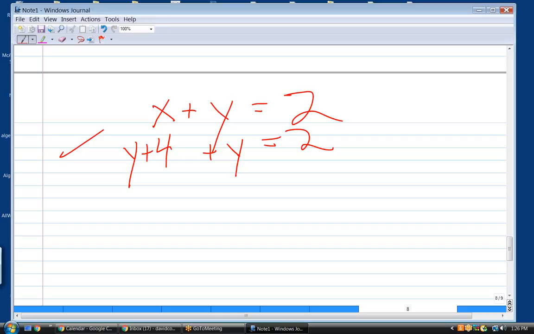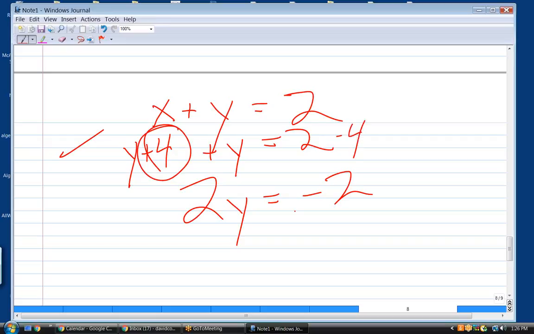It's going to be 2y is equal to 2 minus 2. In other words, what you're going to do is subtract 4 from both sides. We've got to get rid of that 4. You added the y's together properly, but now we've got to move that 4 to the other side, which means we've got to subtract 4. That gives us minus 2. What's the last step? y is equal to